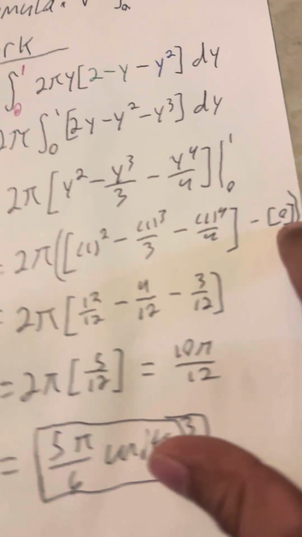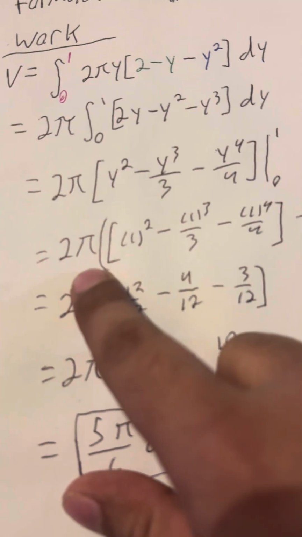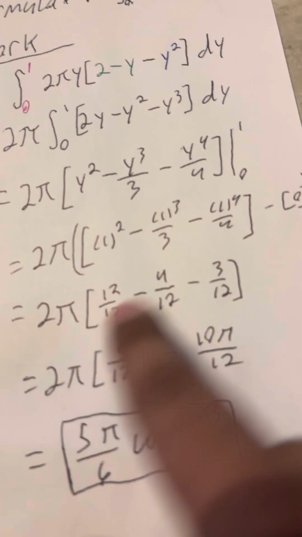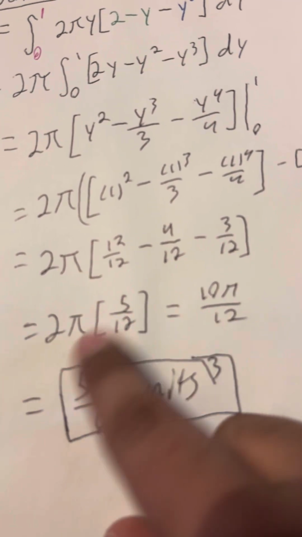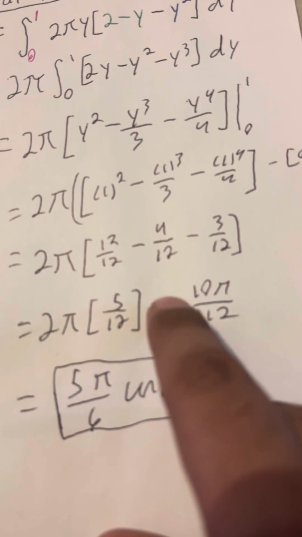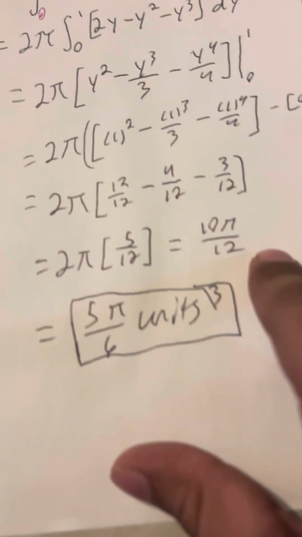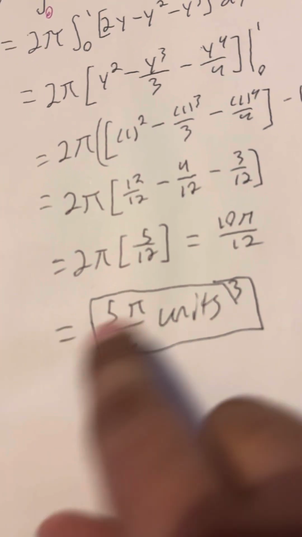from 0 to 1. And again, the 0 is negligible because it just ends up giving me 0, so I just have to plug in 1 for my y. So I have 2 pi times 1 squared minus all that. And then doing my subtracting, I end up getting 2 pi times 5 over 12, which is equal to 10 pi over 12, which simplifies to 5 pi over 6